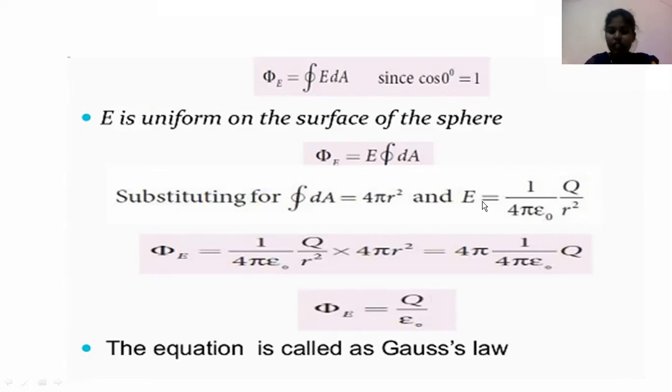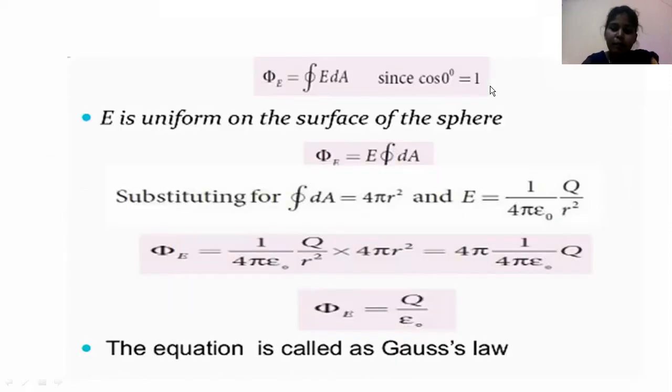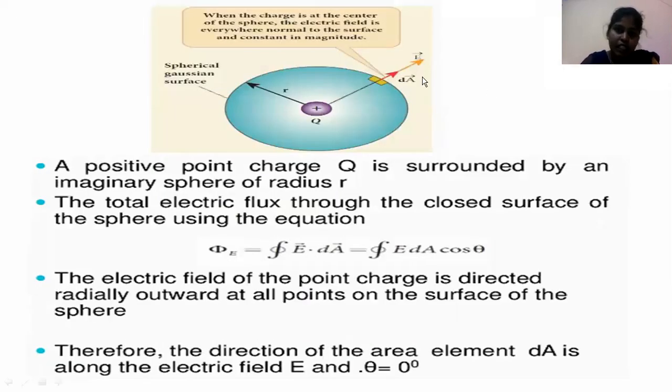Let me go to the last slide and explain how E is equal to 1 by 4 pi epsilon naught Q by R square. At this point, we have taken the direction as radially outward into the space, which is parallel to the dA vector, the normal surface vector. Since E is a vector, it has magnitude and direction. So direction is clear. It's along dA. Now what about the value of E, the magnitude?